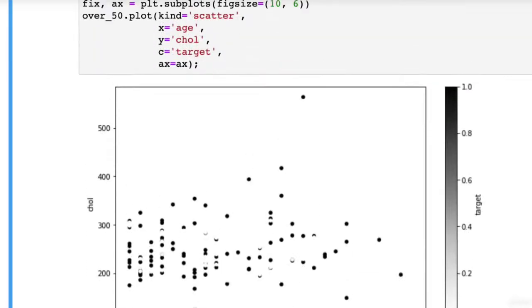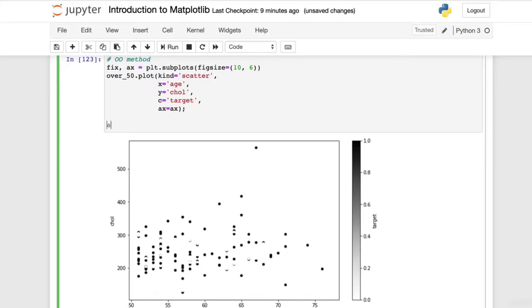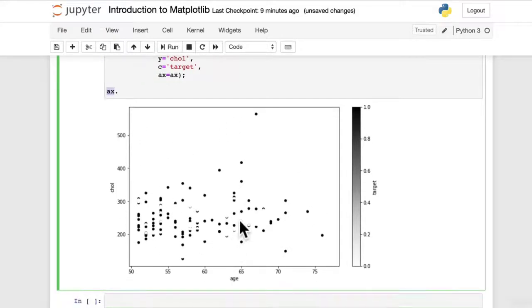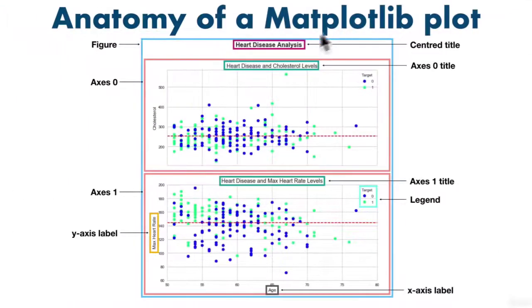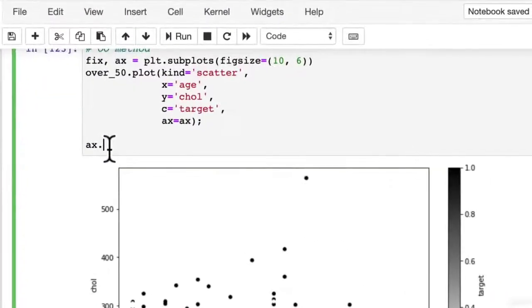Now, what we might do is we set the X limit to be a bit wider so we can have more space on our data frame. So let's have a look what that looks like. If we're using the OO method, we can access the axis here. And remember, the axis is just this space that we're plotting data on. If we go back to the figure of our anatomy of a Matplotlib figure or plot, axis is this part here where we're adding data, whereas figure is the entire thing. So let's go back. We want ax dot set xlim